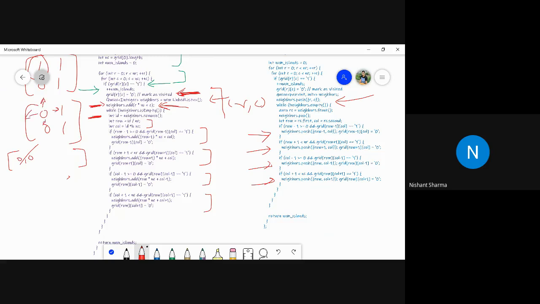If it contains 1, so 3 directions do not contain 1, 1 direction contains 1, which is the right direction where our column is incrementing. So this condition, the column is incrementing, becomes true. So I need to append the column plus 1, which is 0, 1. So I will store this in the queue.